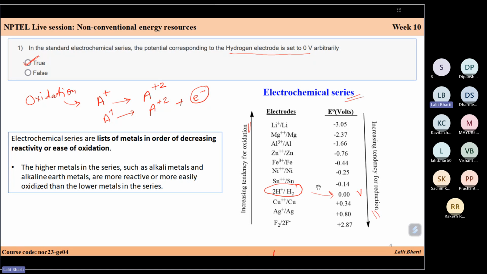So you need to keep in mind that it is related with the comparison to H2, not your